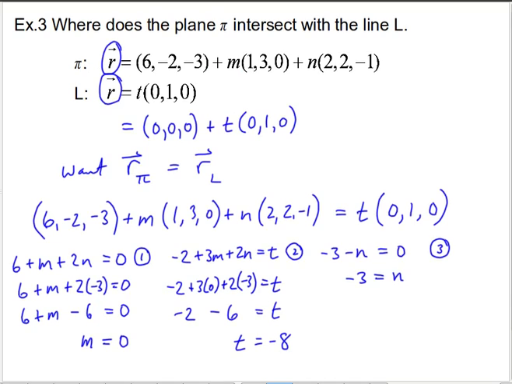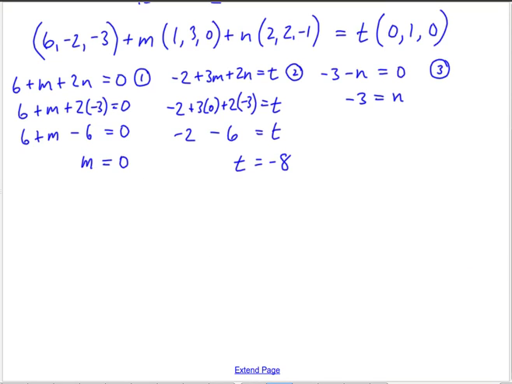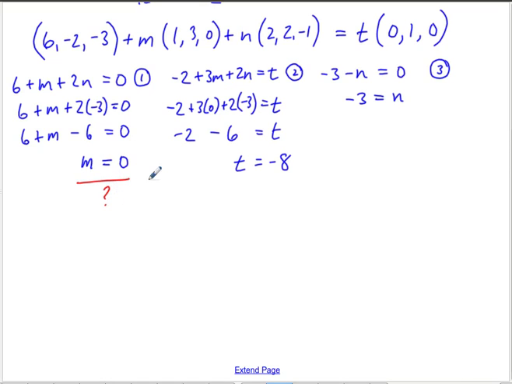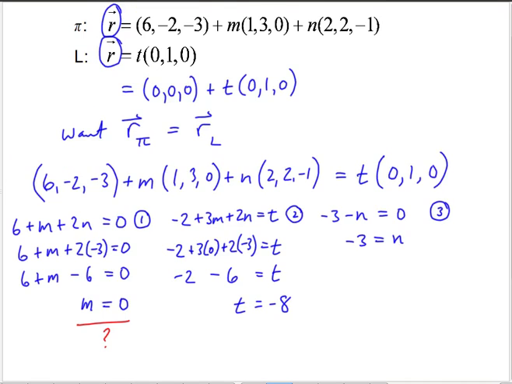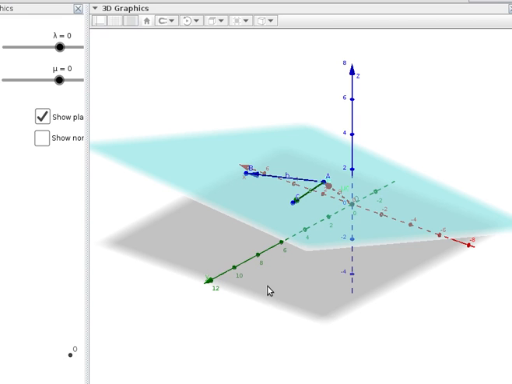Now, a potential confusion here, and it would be reasonable to be a bit confused by this, is you might look at this part and say, oh, well, hold on, you're setting that coefficient to 0. Doesn't that mean you're throwing away one of the direction vectors? Maybe it's not a plane anymore. And maybe you can tell by my tone of voice that no, that's not actually the case. When we talk about the plane and we talk about these direction vectors, if I make one of these direction vectors equal to 0,